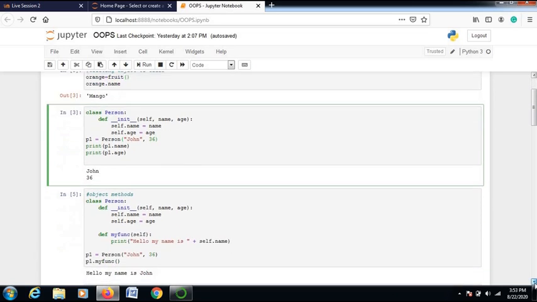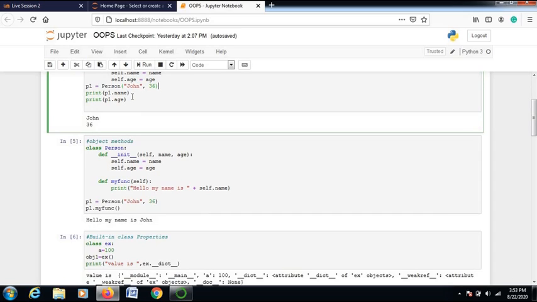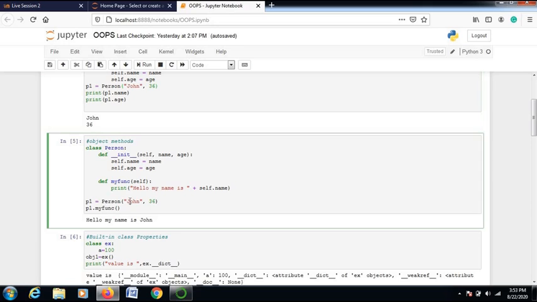Now next is object methods. See here, you saw how to access object properties. Now if you want to access a method, what will you do? Here I'll make a method init, and the second one is my func. Here I also pass self to denote the current block. When you call this function, first of all you pass the values to the object by creating the object of the class in this way. Then simply with the help of the object name, you call the function, that is my func. Okay, so in this way object methods are created in Python.